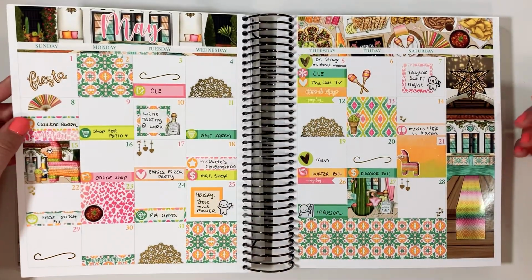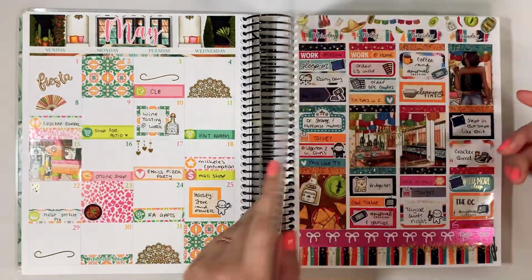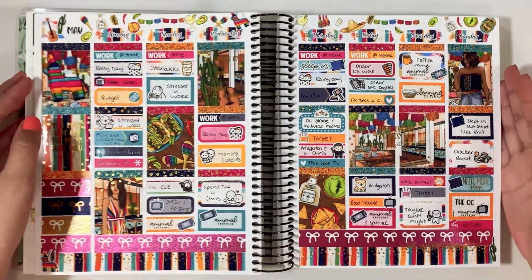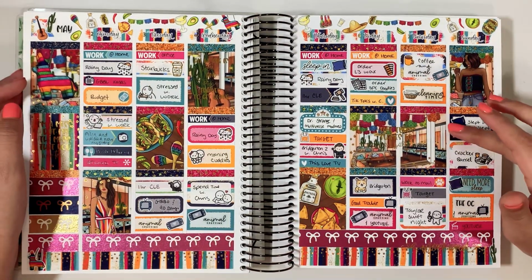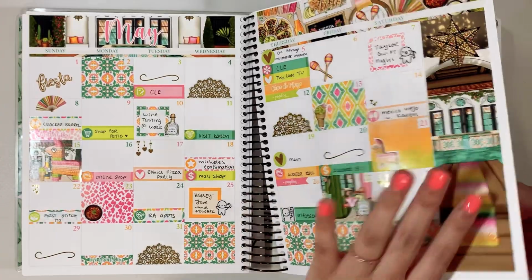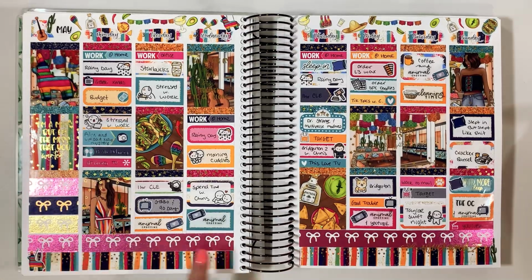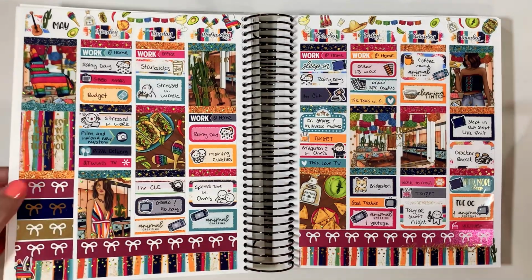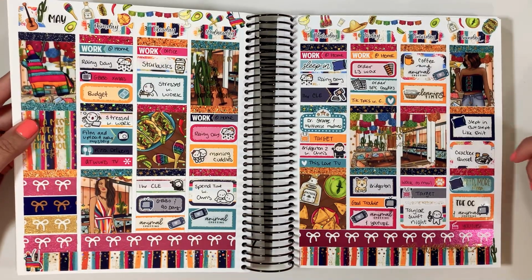Here's my May monthly with this fiesta themed art. Very cute. So for the first week of May, I have this kit from Scribble Prints Co. I think it's from a year or two back. And I was saving it for going to Mexico, but then this artwork came out, and then I had 2 kits for Mexico. So I used this one for Cinco de Mayo. I really like how I paired this washi with it, and then I did a sparkly gold. I really like the sidebar over here. And then I didn't do any underlays,